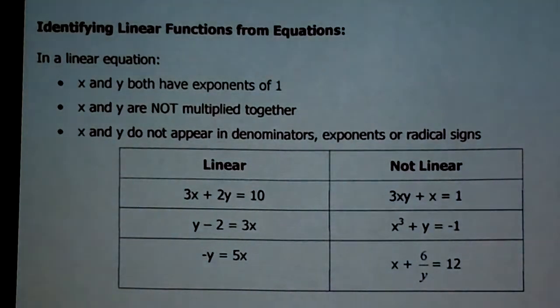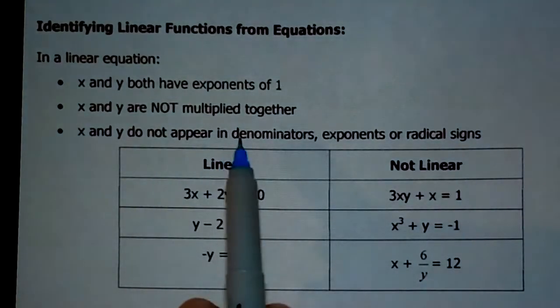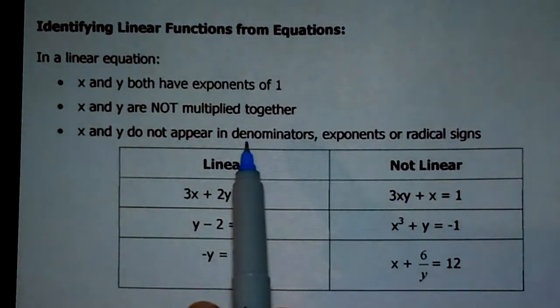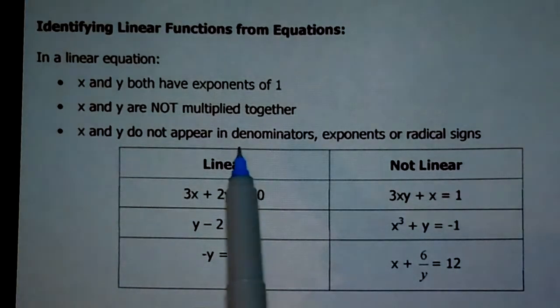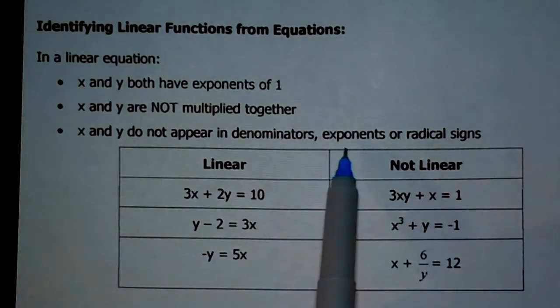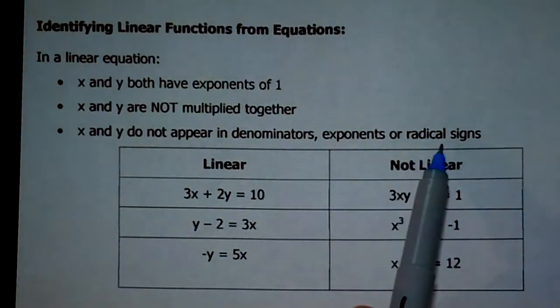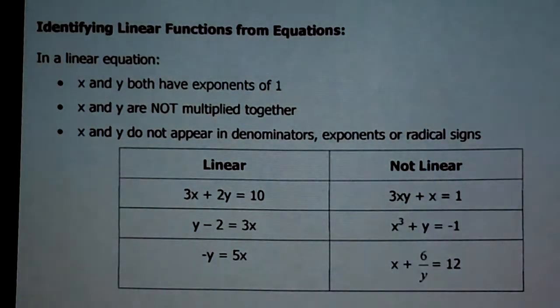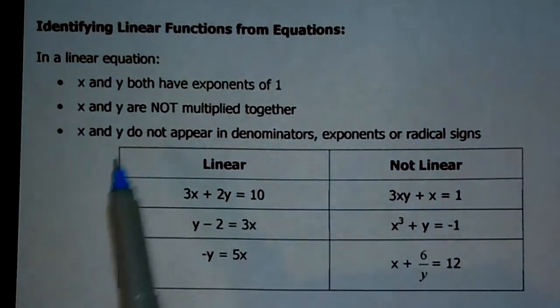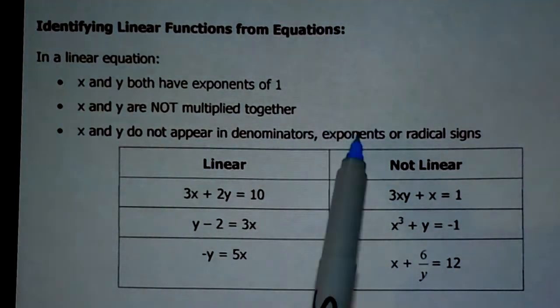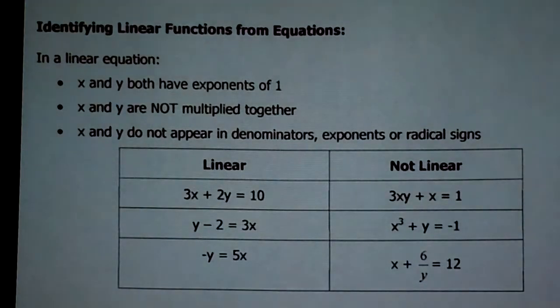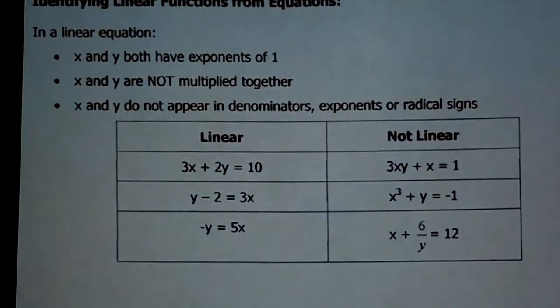And last but not least, x and y do not appear in any denominators. Numerators are okay, denominators not so much. They're also not in as an exponent, like 2 to the x power. And they're also not underneath a radical sign, like the square root of y. So x and y aren't in any denominators, exponents, or radical signs. So I just have some linear examples and some nonlinear examples to kind of show you what these 3 things